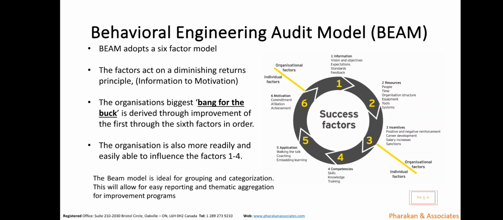So take, for instance, factor 1, information. What kind of information is the organization communicating? Vision, the objectives, the expectation, the standards, the policies. And if you are familiar with the COSO framework, information and communication is one of the elements of the COSO framework. And the organization is supposed to communicate, to share, tell its people, train its people, create awareness about what is acceptable